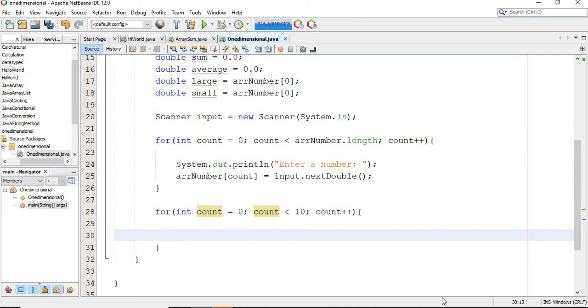All right. So before we even calculate the sum and the average, we're going to check first for the smallest and the largest numbers that were entered in the array. So inside our for loop, we're going to put a nice little if statement. So we're going to say if the array name, which is our number,